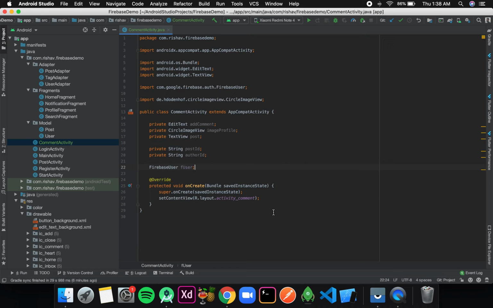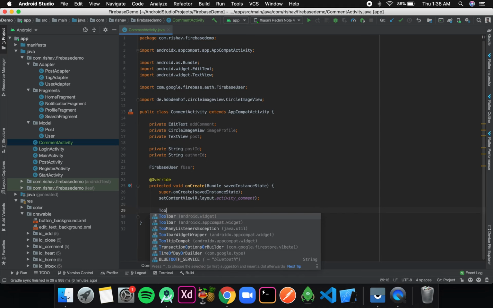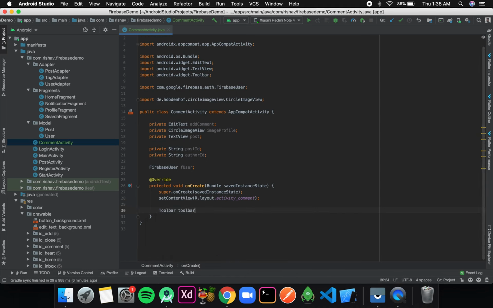Okay, now in our onCreate method, first I'll program the toolbar. So for that I'll write toolbar is equal to findViewById R.id.toolbar.